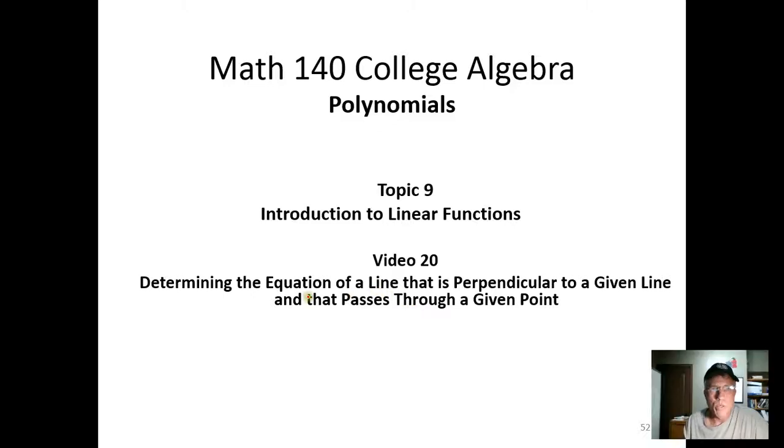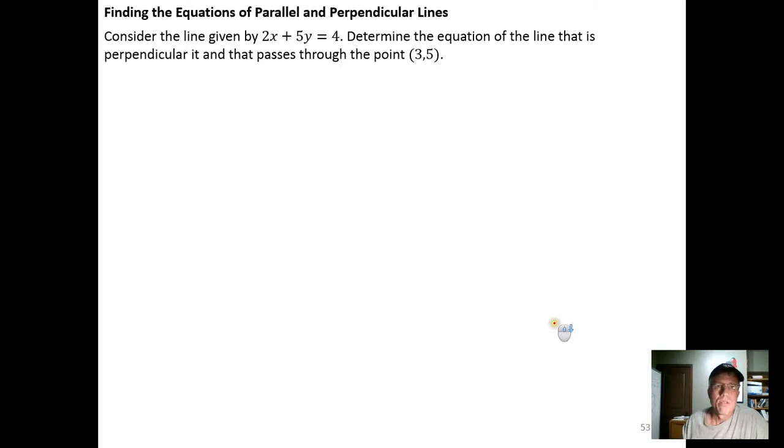So in this video we're going to determine the equation of a line that is perpendicular to a given line instead of parallel, and that passes through a given point. So for this example it says consider the line given by 2x plus 5y equals 4. Determine or find the equation of the line that is perpendicular to this line and that passes through or contains